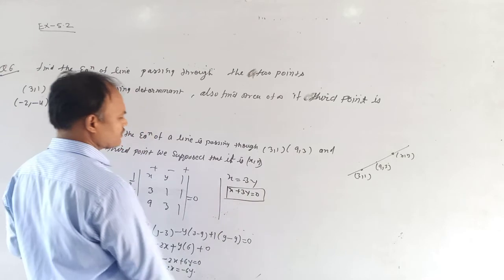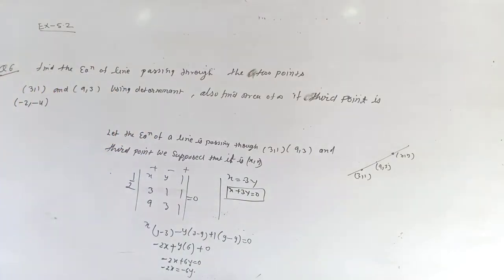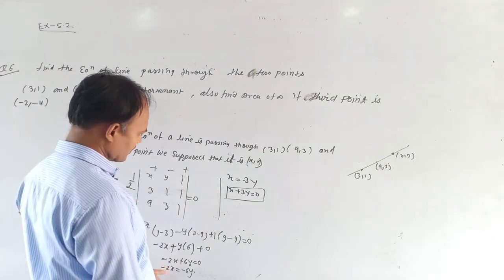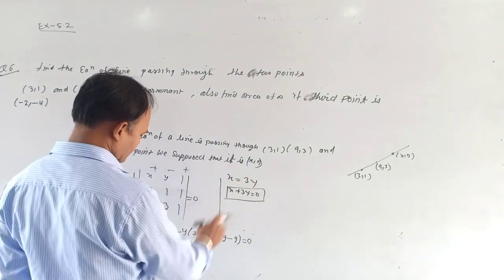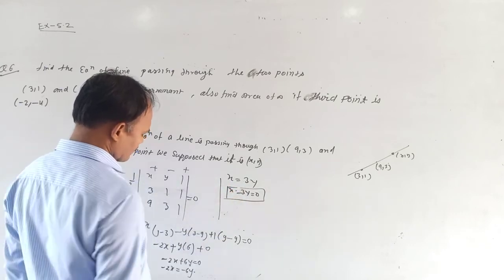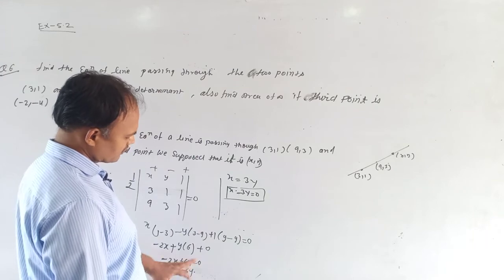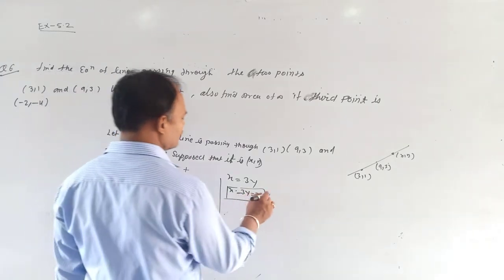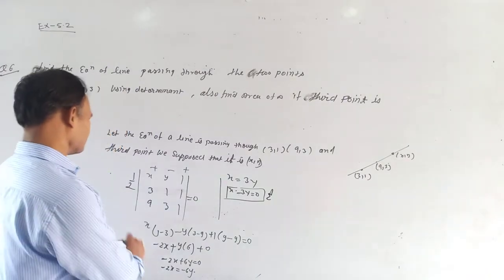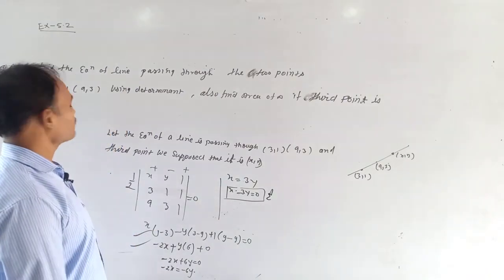So students, it is your equation of the line. Very easily we will find the value of this line. This is x minus 3y. It is minus 6y, so we can say x minus 3y equals 0. Okay, so your answer is x minus 3y equal 0. This is your answer. Now we are going to solve.